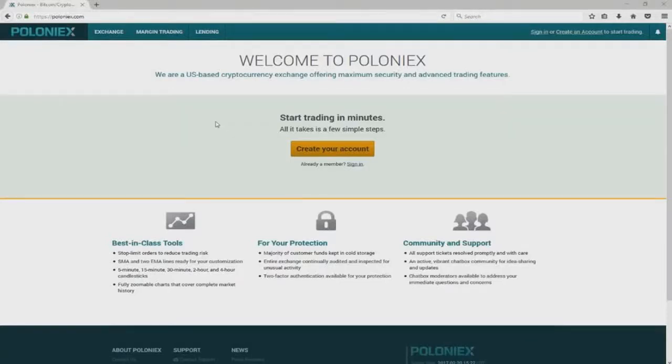Alright, so in this tutorial I'm going to show you how to use Poloniex. Poloniex is one of the biggest altcoin exchanges around, and they also tend to determine price discovery for some of the top coin markets. So the first thing you're going to want to do is click on this tab to